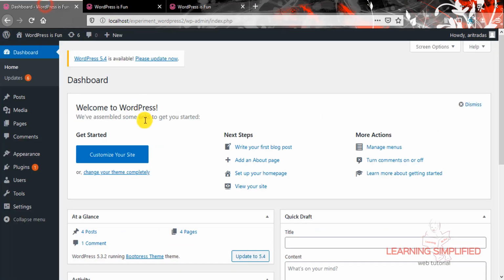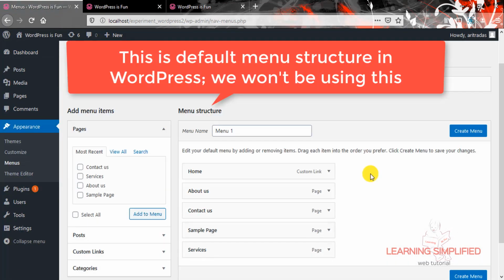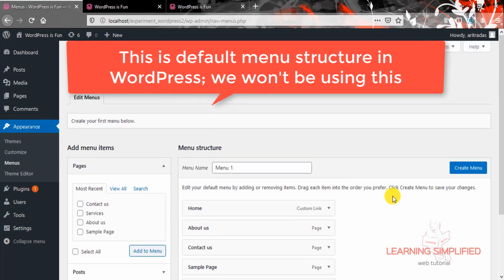So that is why we will be getting back to our dashboard first, and in the first case we are getting back to this appearance, and we will be getting down to this menus right over here. This is the default made menu bar right over here, which is created by WordPress, but this is not the thing that we are looking for.